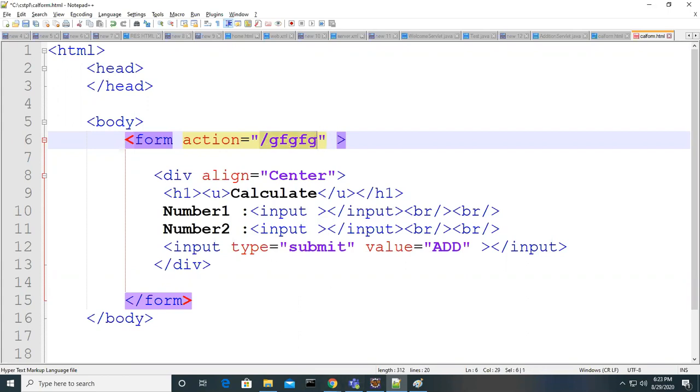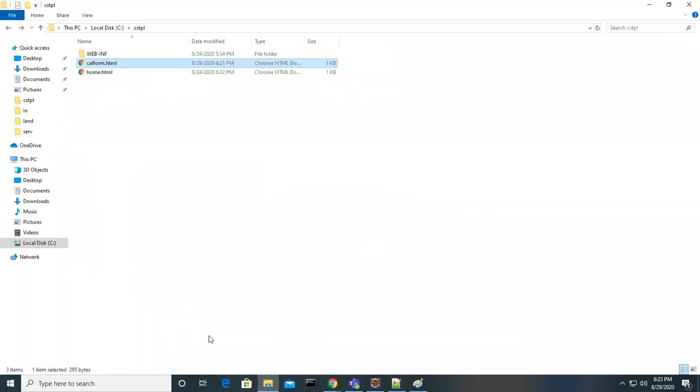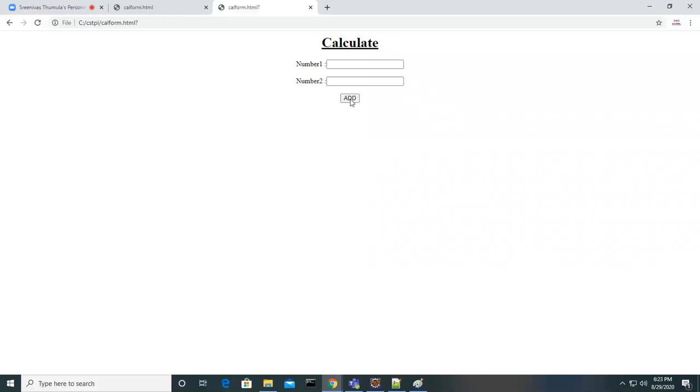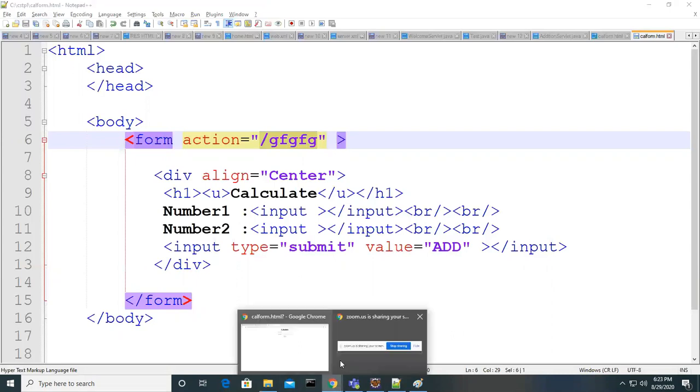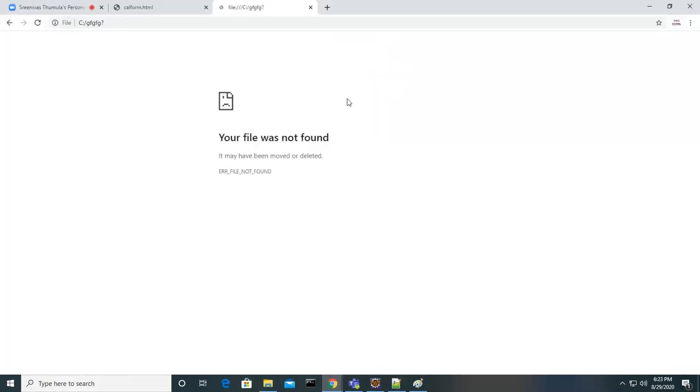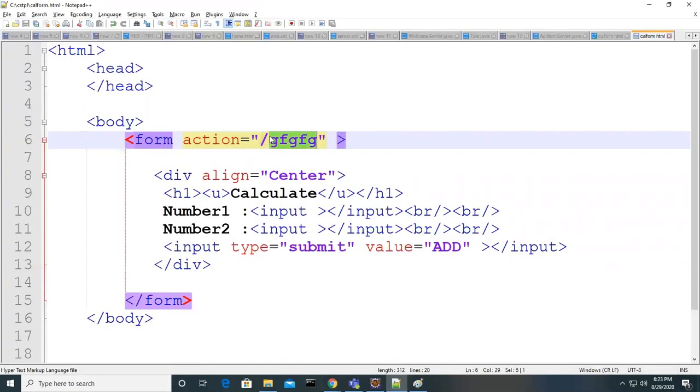Before going to the target, I'm going to refresh it again. What is the code here? I'm just opening it and clicking on the submit button. Right now we don't give any action, we just gave the simple thing. Look at this, it went like this, because nothing is there. But here what we have to give is the servlet path, whatever path we want to access.